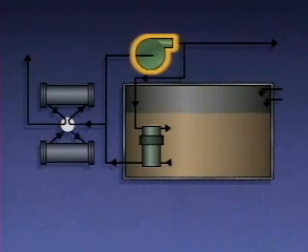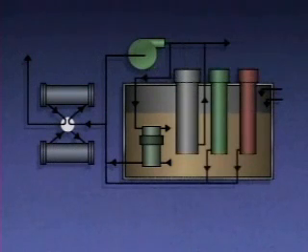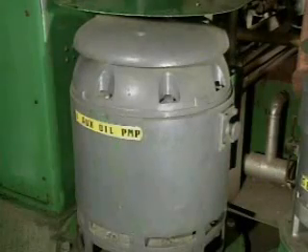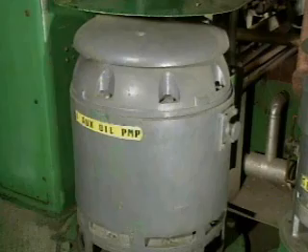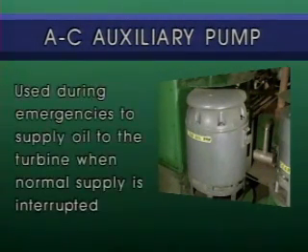In addition to the main lube oil pump and the booster pump, a typical turbine lube oil system has three other pumps: an AC auxiliary pump, a DC emergency pump, and an AC turning gear pump. The AC auxiliary pump is incorporated into the lubrication system to supply oil during startup and shutdown when turbine shaft speed is too slow for the main oil pump to be effective. It can also be used during emergencies, such as a trip, to supply oil to the turbine when the normal